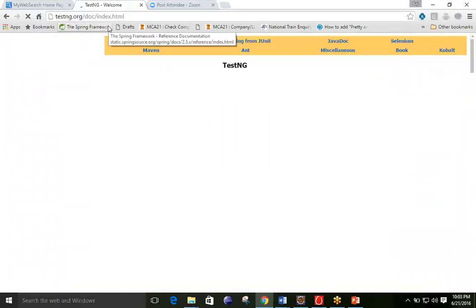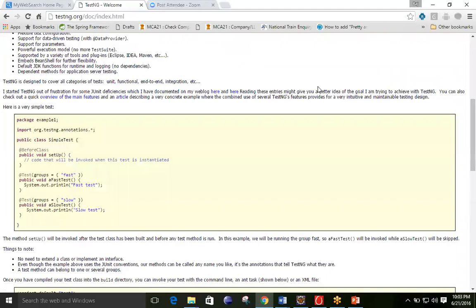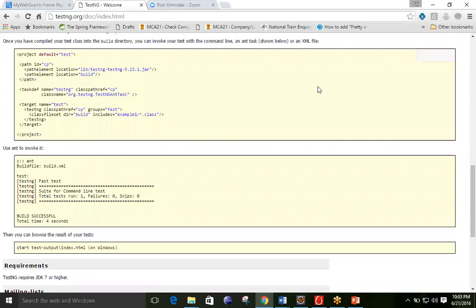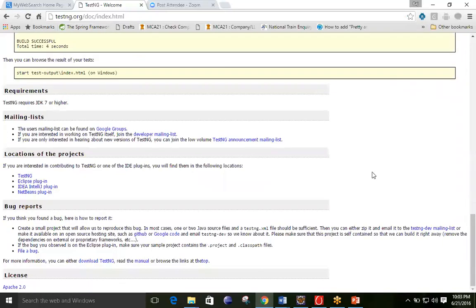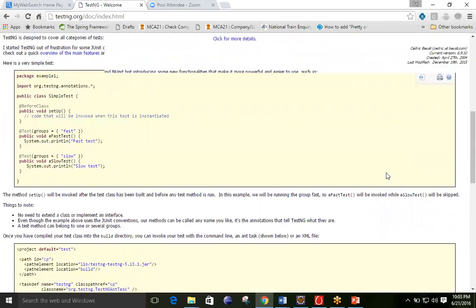You can see it is opening now, TestNG welcome. This is the official website of TestNG. From here, you can download the software or the jar files for TestNG. Here we have a lot of other things also, like ANT and JUnit, but those are upcoming topics, no need to worry about that. What we have to do is scroll down and check where the software is and how we can install TestNG into our system, and what the different things are that we need to follow.